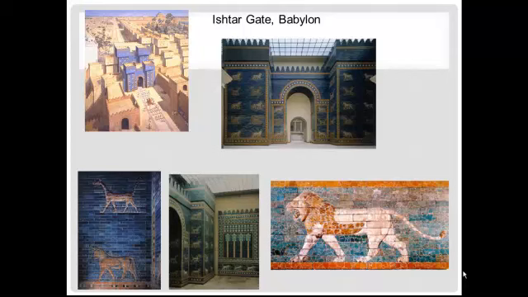Babylon at its height was one of the great cities of the world. Its hanging gardens were one of the ancient wonders of the world. And this Ishtar Gate ushered people into this magnificent city. And like the Lamassu, it was designed to impress. You see on it the iconic lions, the symbol of Babylon and the symbol of strength. This is another mud city. Remember, this is Mesopotamia, and there's not a lot of natural stone. But the glazed brick is designed to give the impression of stone. It would be very bright. It would catch the sun. It would, again, awe and maybe slightly terrify people who are entering.